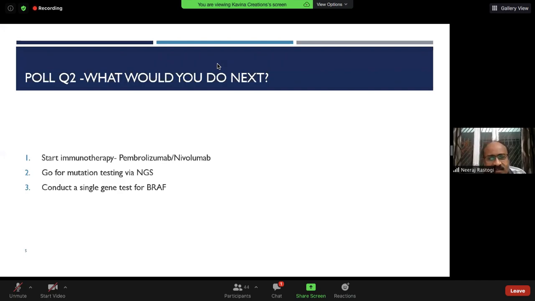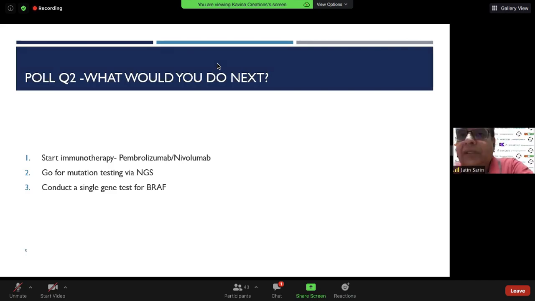I think we can start the immunotherapy, because first we should do the PDL1, and second we can do the BRAF mutation because the rest of the mutations were negative. So based on these mutations, we should personalize the treatment for this patient. Yeah. I want to ask you whether you will go for some testing or start off with immunotherapy straight away. I think you should go for the testing first, before starting the immunotherapy. Right. Next generation sequencing.